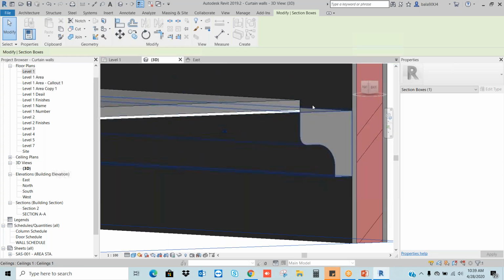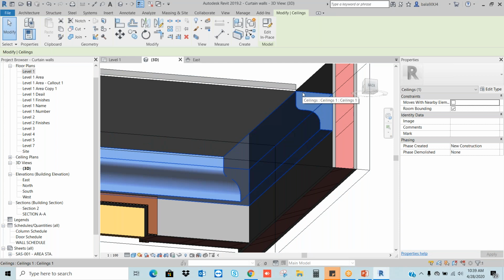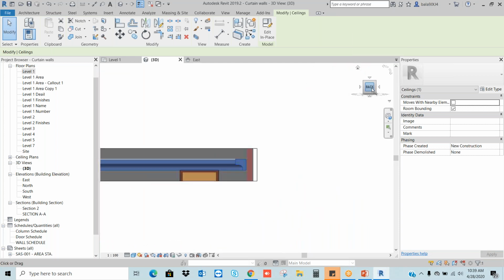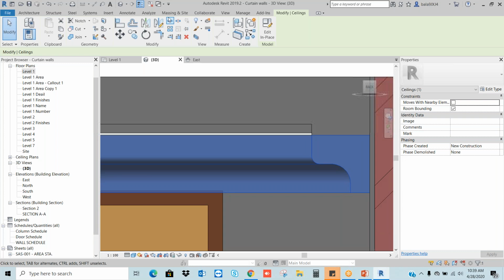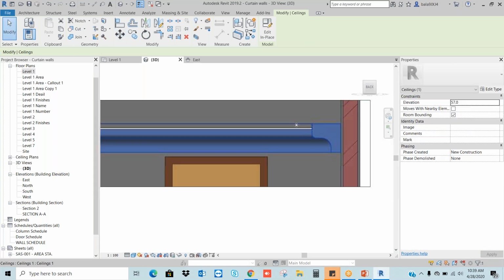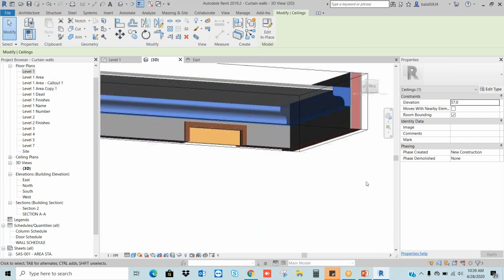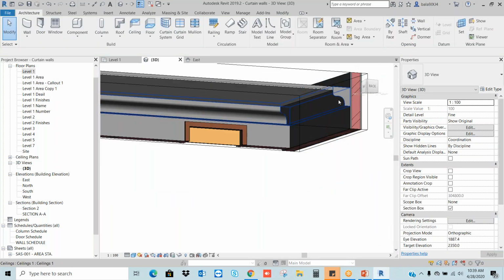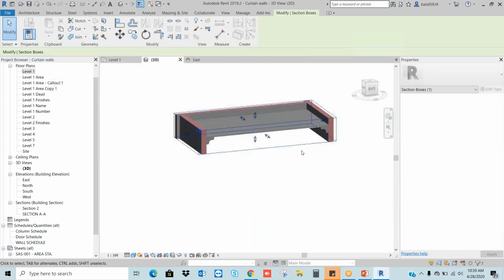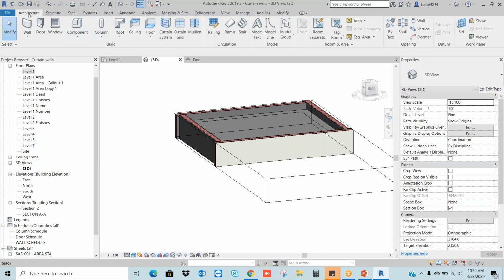You can adjust the heights, it doesn't matter. If you want to move it, you can. Move command, end point to end point. Right. Okay. I did it in a rough way, but you can create according to your profile. The only thing is, you understood: go to Architecture, Model In Place.